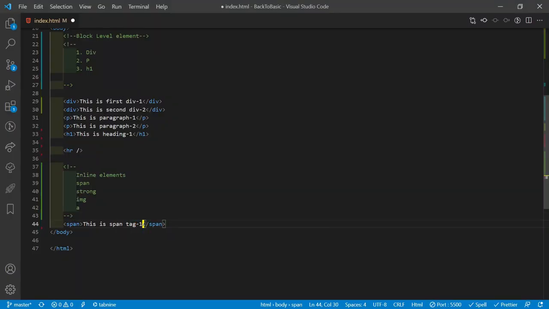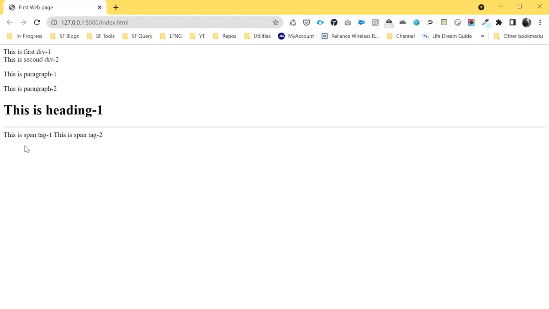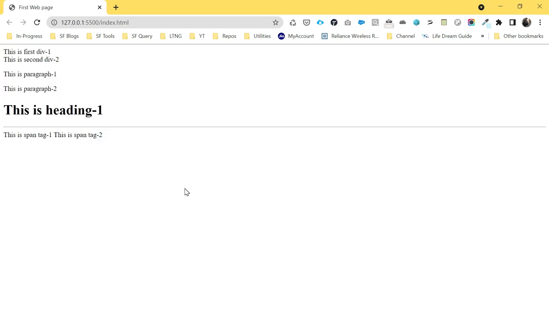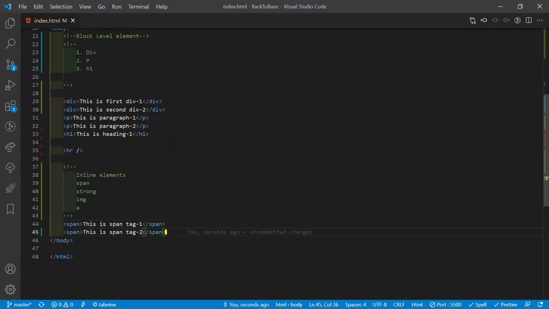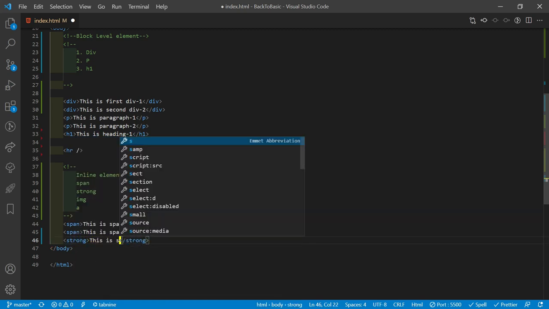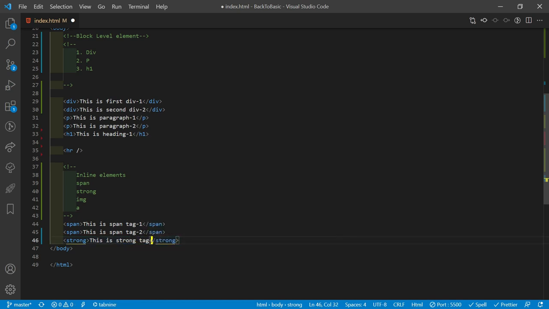Now you can observe here. Okay, so let me change it to 2 here, and you can observe it's coming on the same line. This is called an inline element, and these are all block level elements. Okay, and now come to another point like strong, and this is the strong tag, something like that.